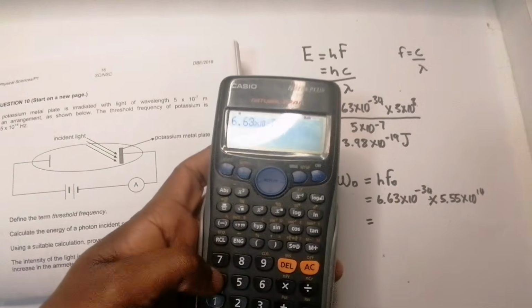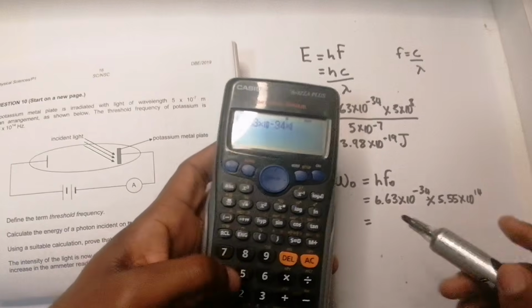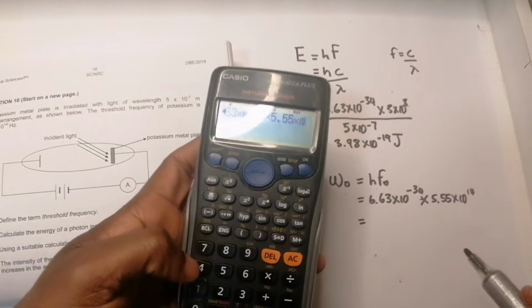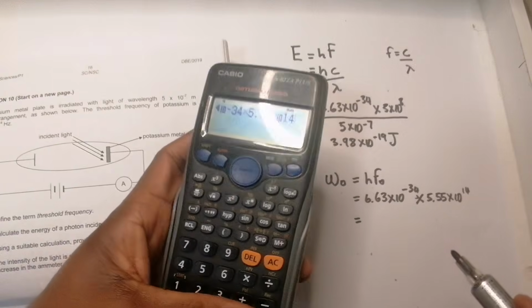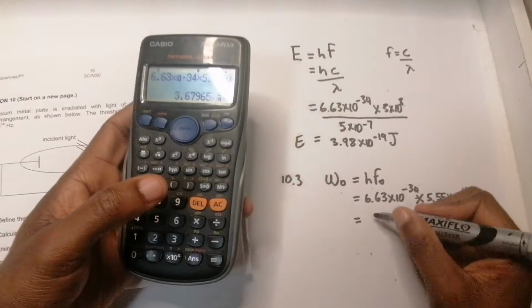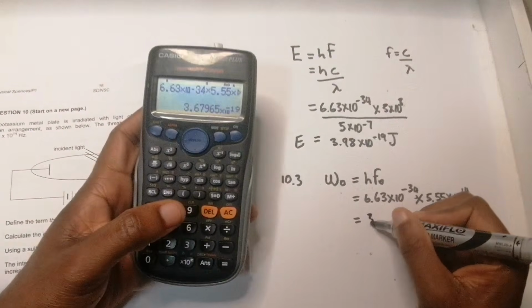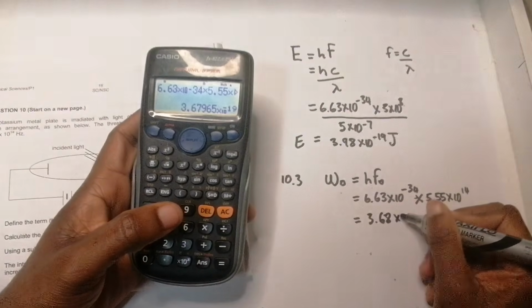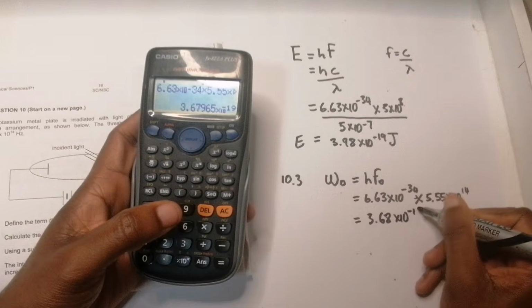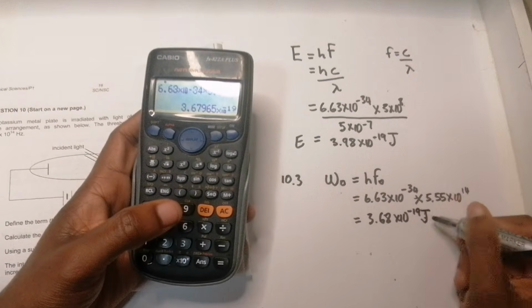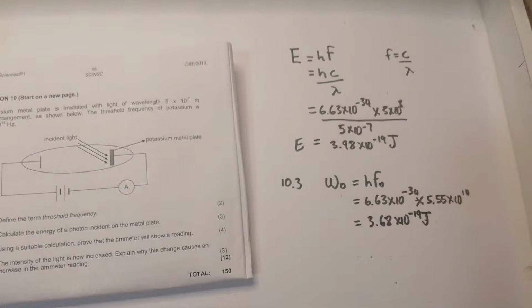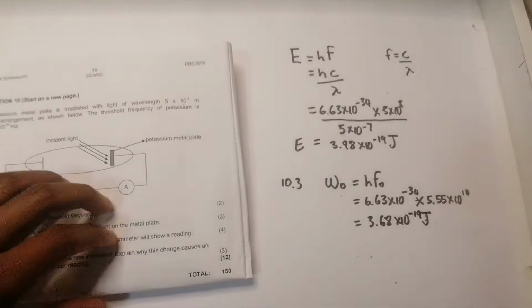That's minus 34, multiplied by 5.55 exponent 14, and I get a value of 3.68 times 10 to the minus 19 joules. Now, I can just simply say, well, to answer this question, because they didn't necessarily ask me to